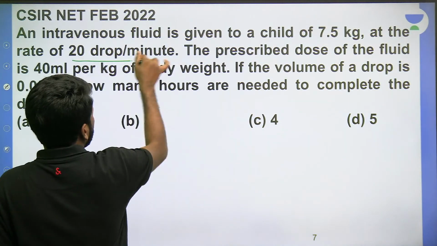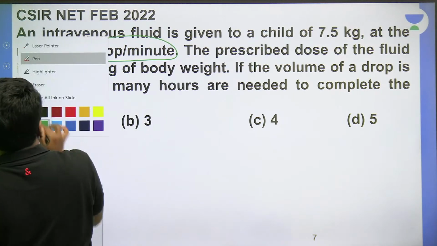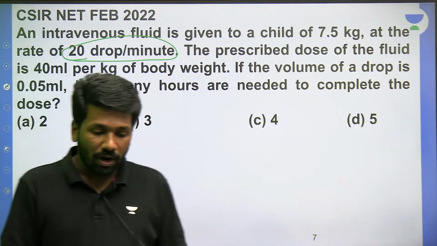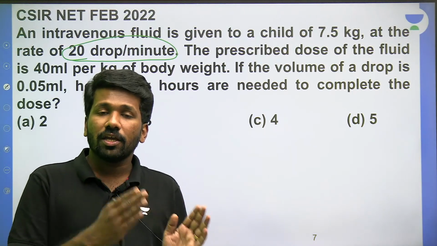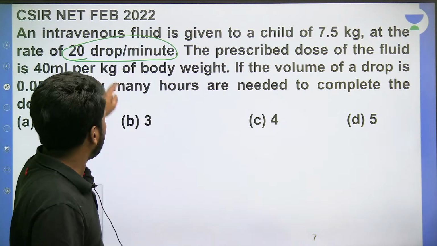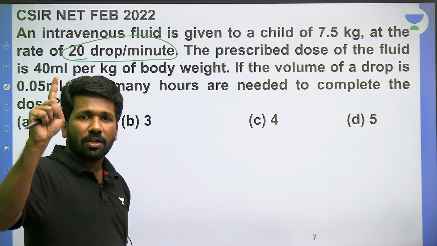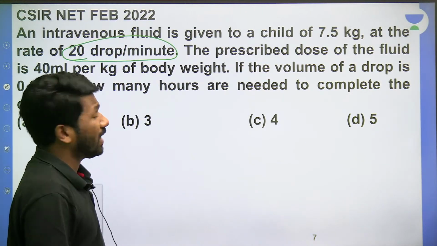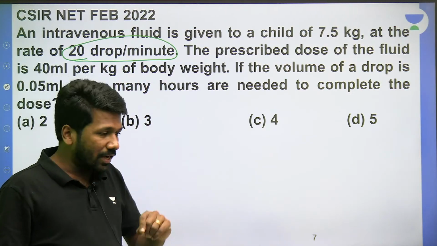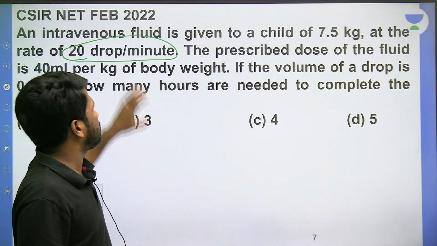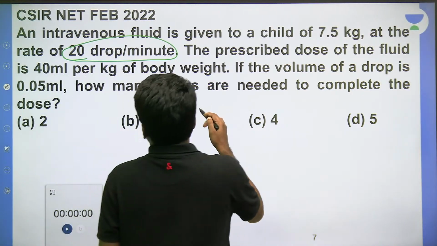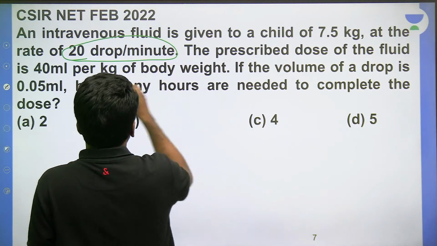Here also understand the logical meaning of 20 drops per minute. That is the rate or speed na. Like in the previous question it was कितना किलोमीटर था, 3 किलोमीटर पर आवर. सो 1 आवर में 3 किलोमीटर, ऐसा लॉजिकली सोचना है. सेम वे 20 ड्रॉप्स पर मिनट मीन्स 1 मिनट में 20 ड्रॉप्स देना है. That is the prescription. 1 मिनट में 20 ड्रॉप्स मीन्स, हियर लुक एट दिस, ये ड्रॉप्स नहीं, मिलीलीटर में बाकी